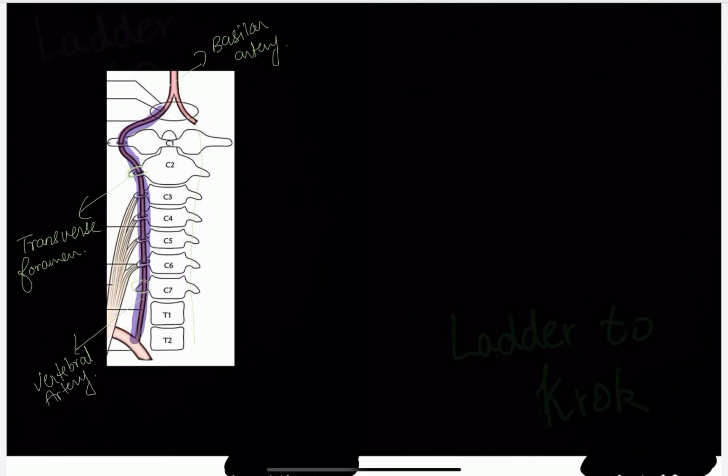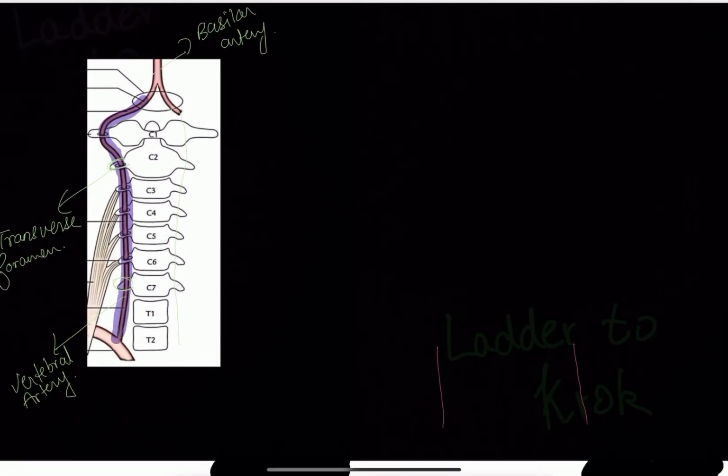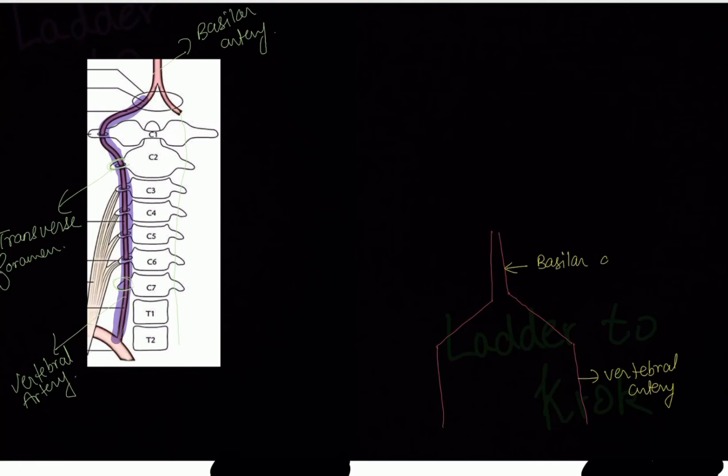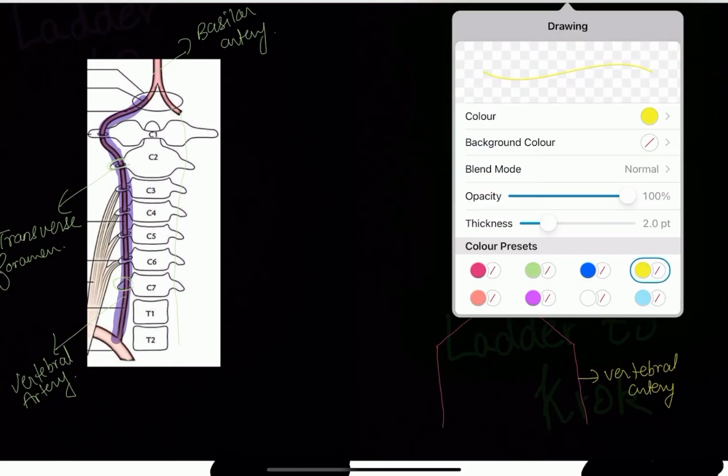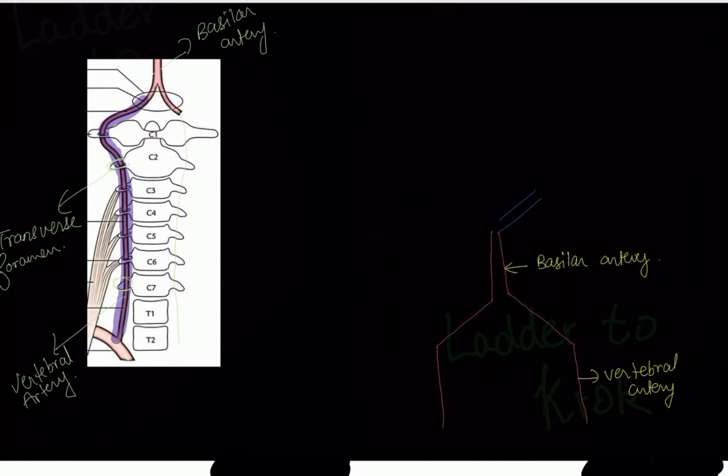Now I'm making a diagram of circle of Willis. Make it along with me, or first understand it, that will be more better. So as I said before, there is two vertebral arteries coming. So these are the vertebral arteries. They merged together to give one artery, that is this basilar artery. They merged to form the basilar artery. Okay, now this basilar artery will give a branch on this side and on this side. Okay, this is posterior cerebral artery.